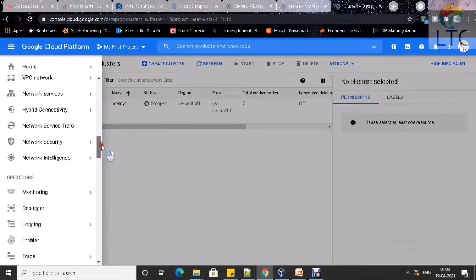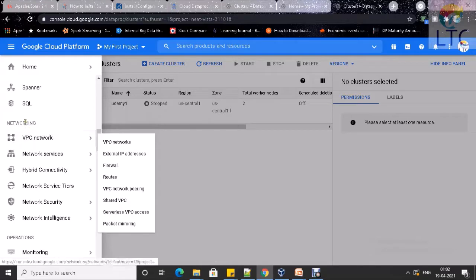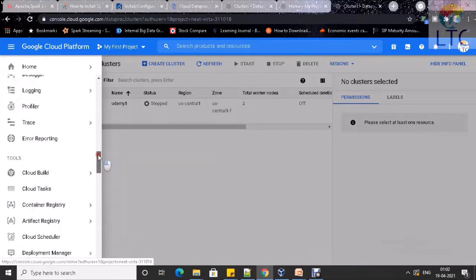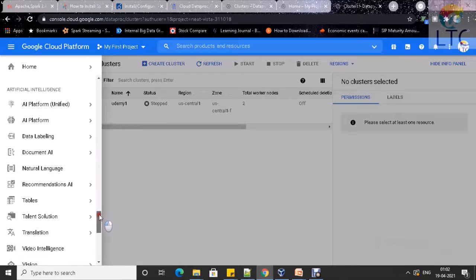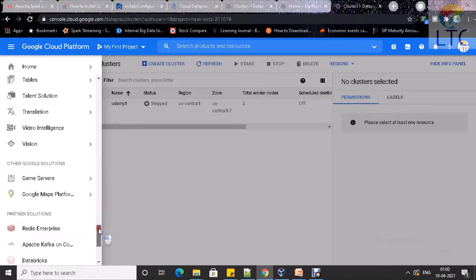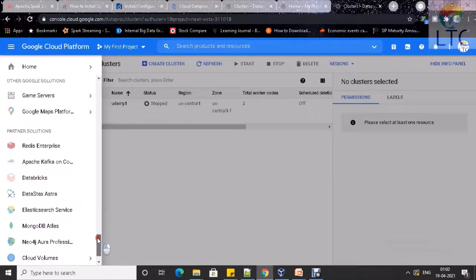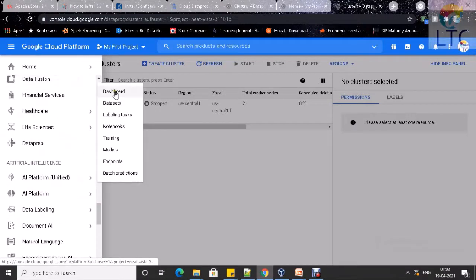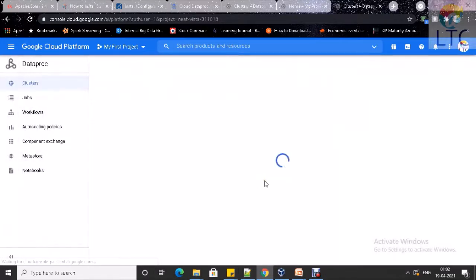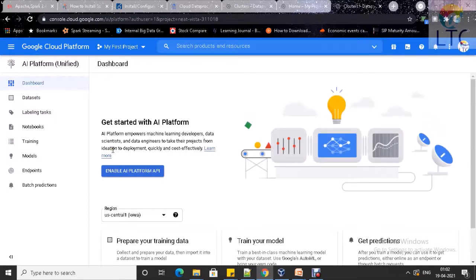Here will be the network API, VPC network. There are a lot of other services if we need them, and since these are free for 3 months, we'll use this. AI, we don't need AI right now. See, in this way it will ask you to enable AI Platform.